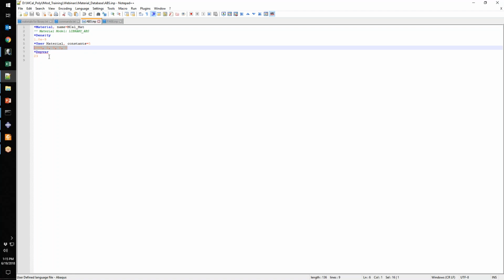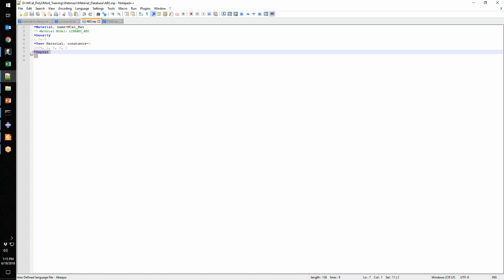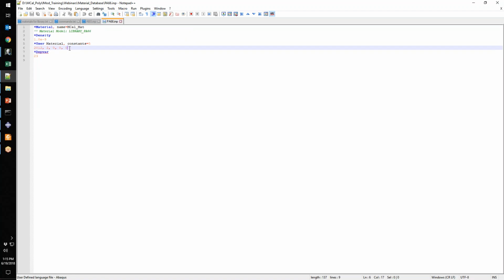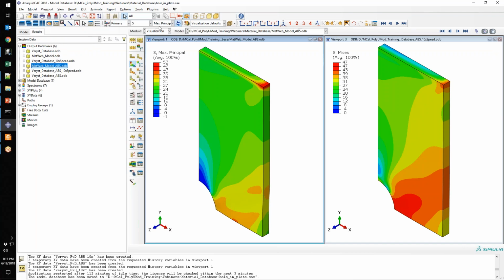There are just 5 constants you need to give it for the user material. It is invoked as a user material. This is the number of dependent state variables that are needed, and here's the density of this material. And similarly, here's an example for the PolyUMod 6.6. Again, 5 material parameters and the density. Very simple input card. So now if I go over to Abaqus CAE,